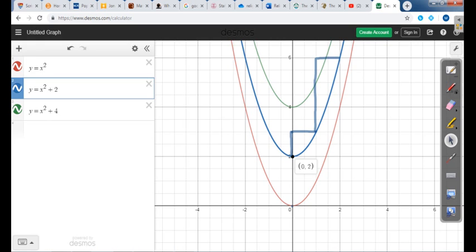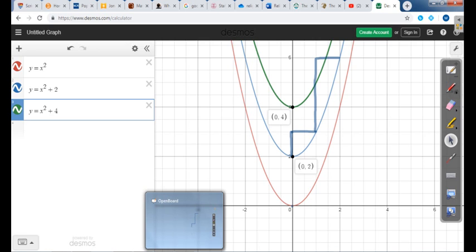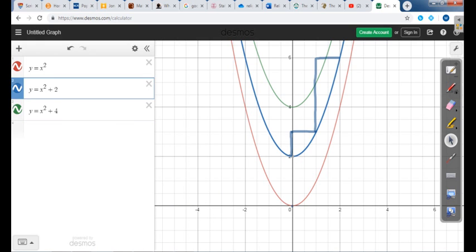So you see that the y value of the vertex matches the k value. Do we see that? Okay. So what do we call this? If I'm moving my graph vertically 2 units,